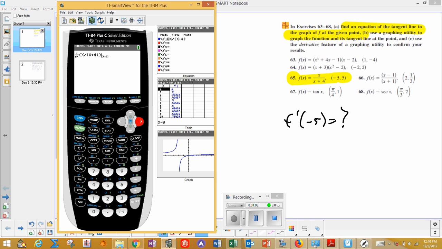I want to put this function here, x divided by x plus 4. And then I need to tell it this is the equivalent of this negative 5. I need to tell it what value to find it at. So negative 5, I press enter, and there I go. So it told me,